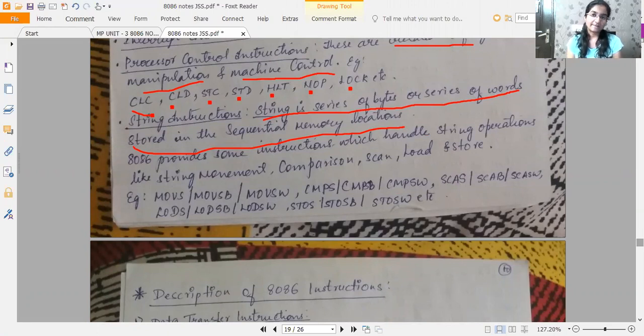Now if I want to compare continuously a string of data which is byte sized, then you can make use of CMPS. Okay, CMPSB, CMPSW. SW is used when the data which has to be compared is word size.